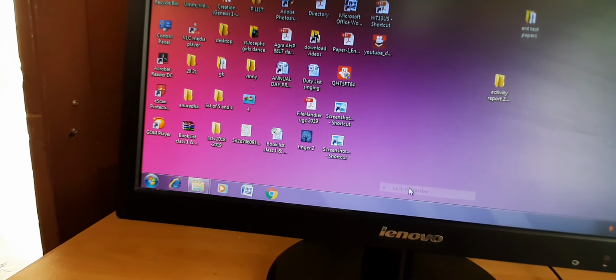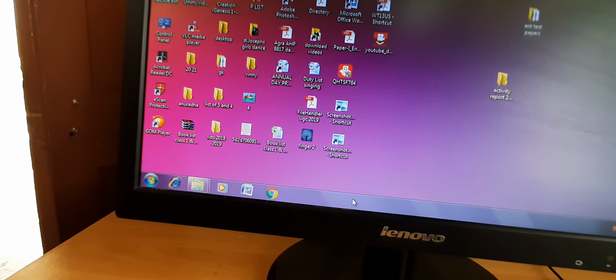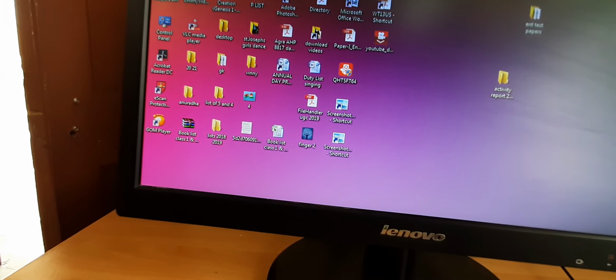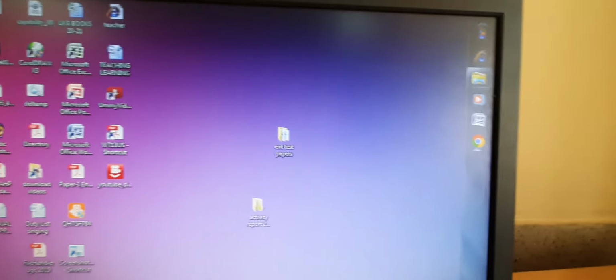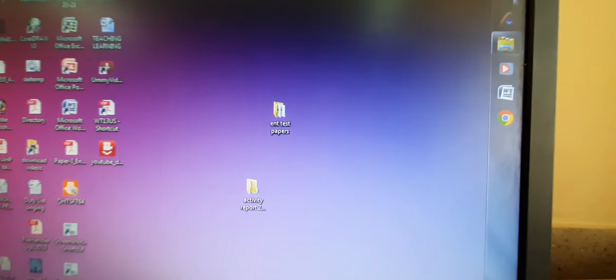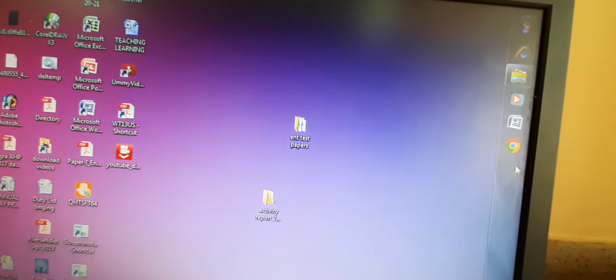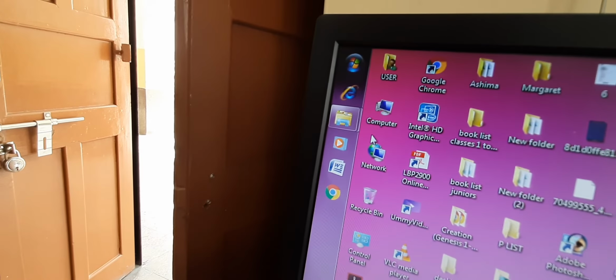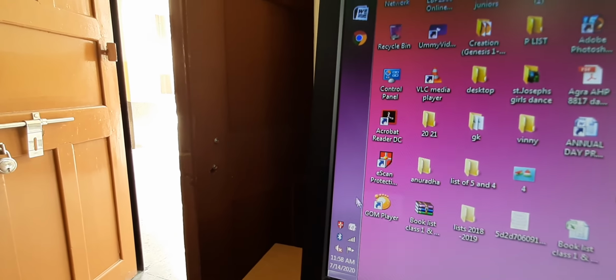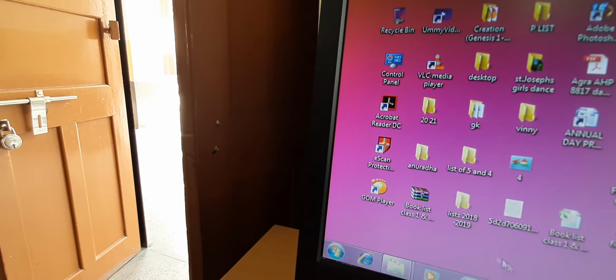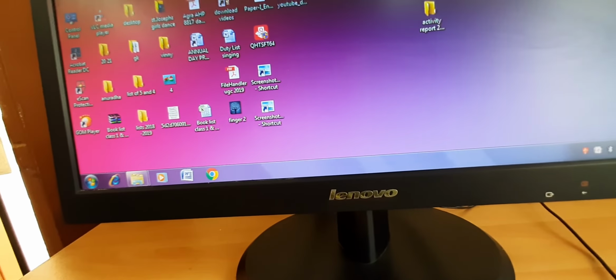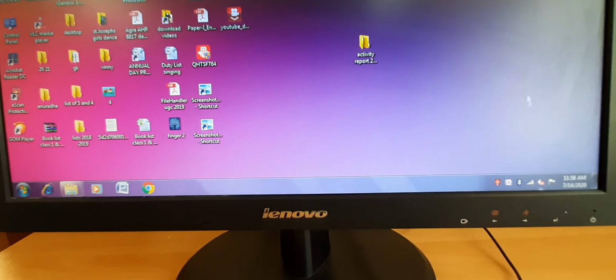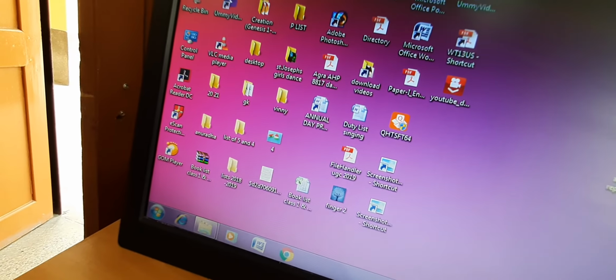You will uncheck it, and then you will take this taskbar here. See, can you see this taskbar has shifted here? From here to there it has shifted. Okay, or you can take it here also. Now it has shifted from here to there, and again we can take it back to its original position, that is here.